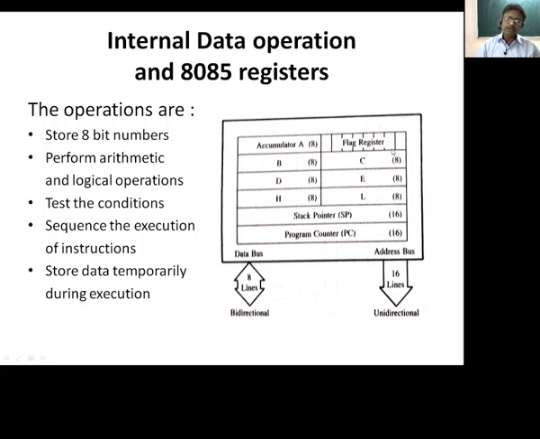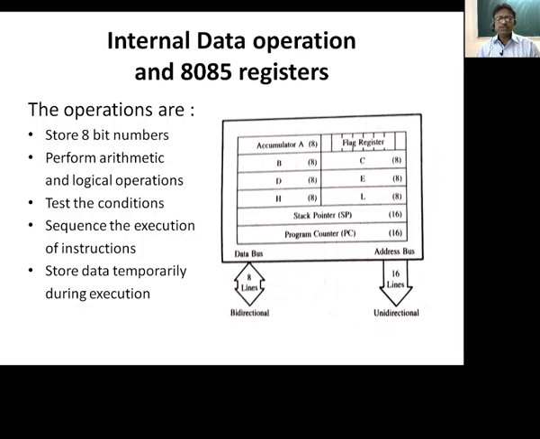As told earlier, the flag register is also 8-bit, out of which 5 bits are used for different purposes: the zero flag, sign flag, auxiliary carry flag, parity flag, and the carry flag. If you are adding two 8-bit numbers, it is possible that there will be generation of carry.